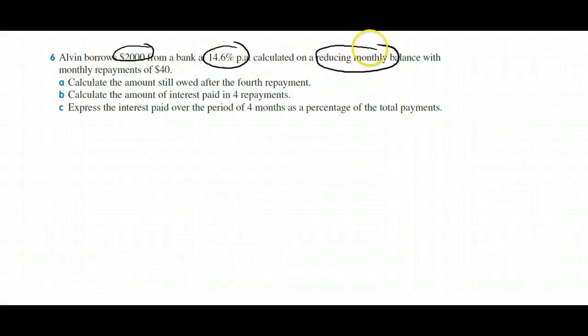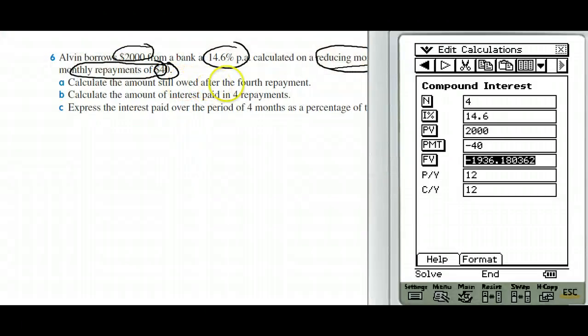Okay, in question 6, Alvin borrows $2,000 from a bank at 14.6% per annum, calculated on a reducing monthly balance with monthly repayments of $40. Now, the fact that it's a reducing monthly balance problem tells us it's going to be very similar to a compound interest problem. Okay, but with one important difference. We've got these monthly repayments of $40 that we have to include. So we can use our compound interest solver, as we normally would for a compound interest problem. We can put in the interest rate, 14.6%, the present value, that's the initial debt in this case, $2,000, and